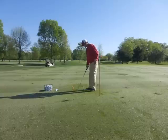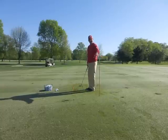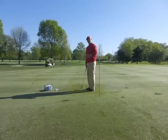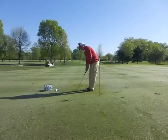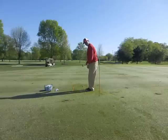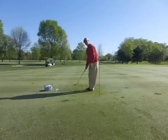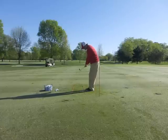And the reason for that is we're actually going to hit this stick with the club. Unlike the backswing where we didn't want to hit the stick, we're going to tap into this on the way through, because how the club's going to exit is going to be left. What I mean by that is the club goes back on the proper line, proper plane that we talked about, and as it comes down, you're going to let the club head almost release first, somewhat like a casting motion. Club head's going to release first,